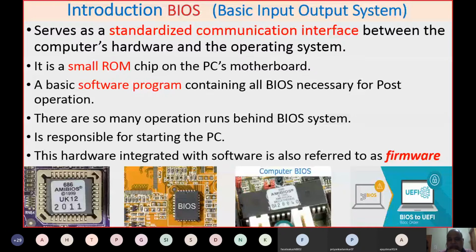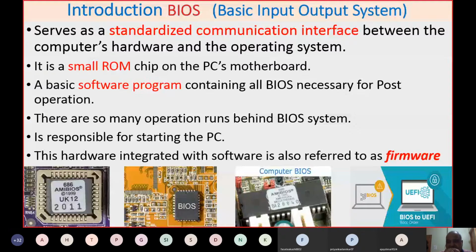How does this BIOS exist on your machine? You will find there are three pictures I have shown here. The first one is related to AMI BIOS, that is the company that produces that particular BIOS. Remember, basic input output system is a ROM chip, and this is devised by the manufacturer. Many manufacturers are there, and they implement how their system is configured as well as how their system will boot. Another is the BIOS chip. Third is also shown as the old AMI BIOS chip. These are the three chips which you can normally locate on your motherboard.